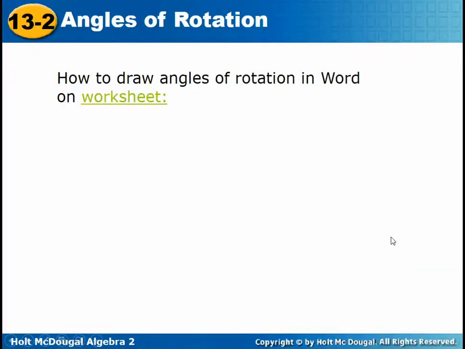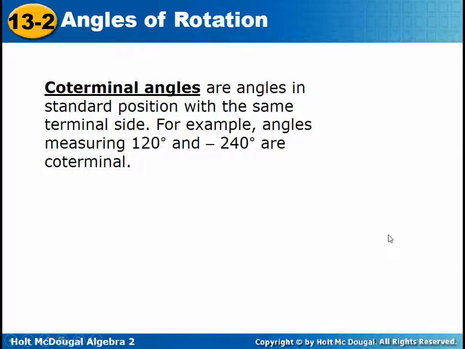Okay, so going back to our PowerPoint here. Coterminal angles is another term that we need to know. They are angles in standard position with the same terminal side. For example, angles measuring 120 and 240 are coterminal because they end up in the exact same spot. If you start on the x-axis, which you have to do, and go 90 plus 30 more, you get 120,